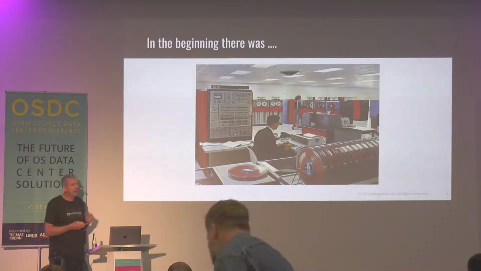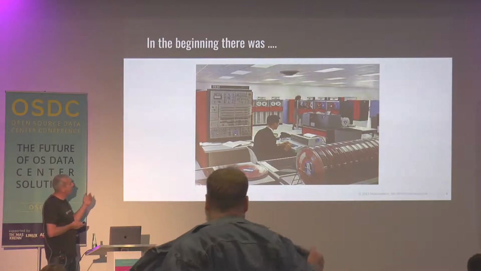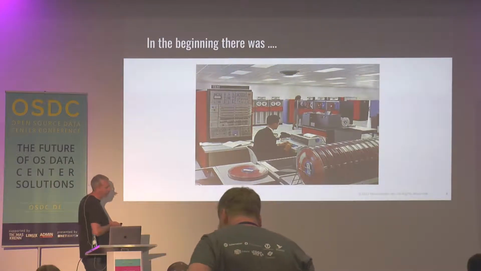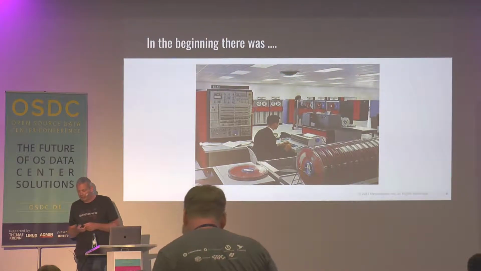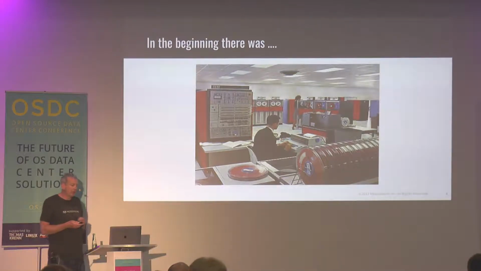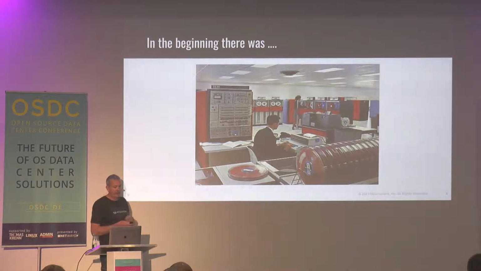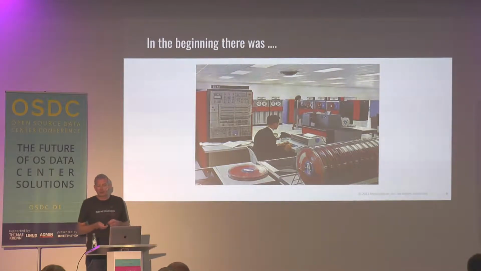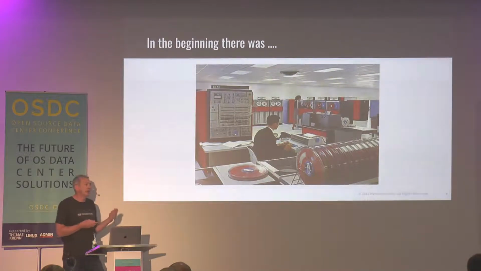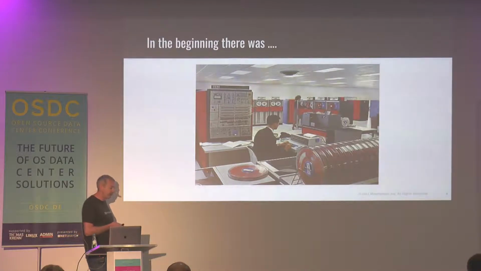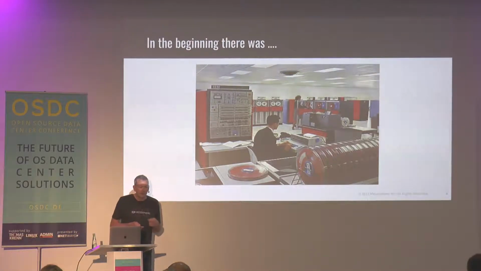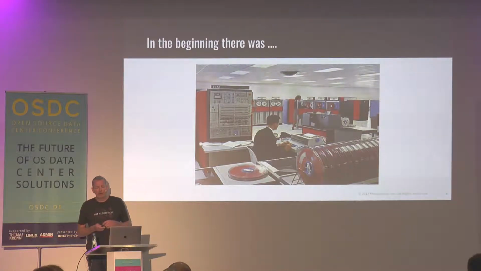So in the beginning there was batch processing. Mainframes like this fine IBM model, running single workloads to start with. In that model we got very high utilization rates. We can generally choose when to schedule and run things, allowing for shifting workloads to quieter times. The basic idea is that we take a bunch of data, we do some stuff to it, we return the results, and rinse and repeat. So it's very transactional, very well defined.